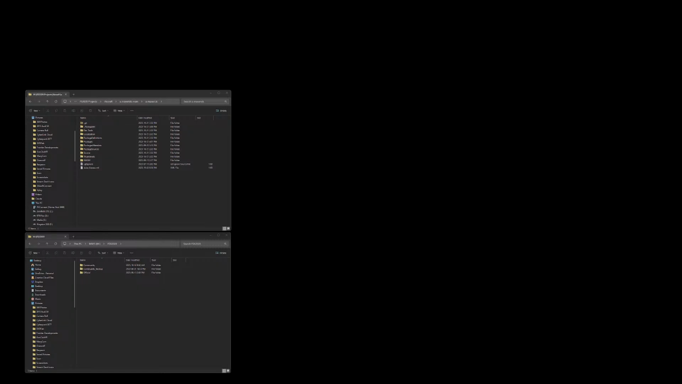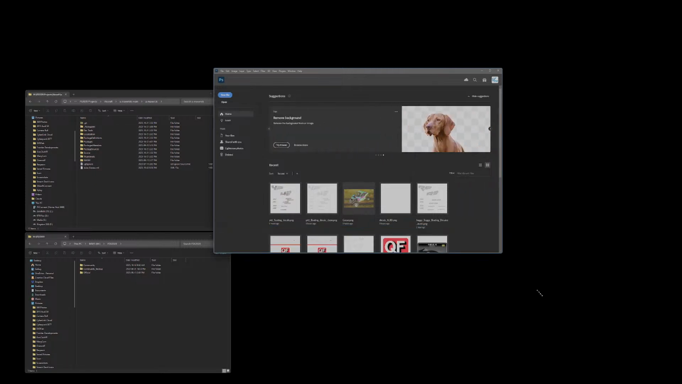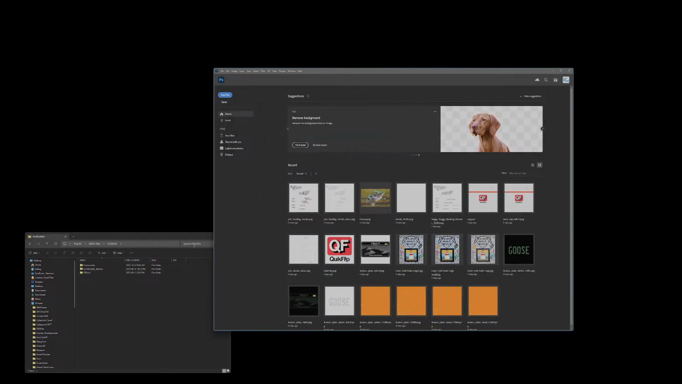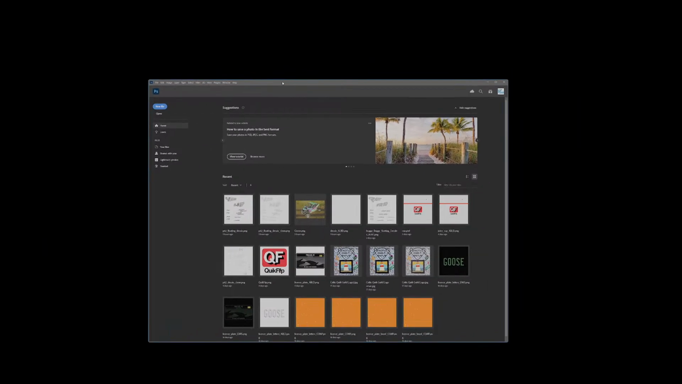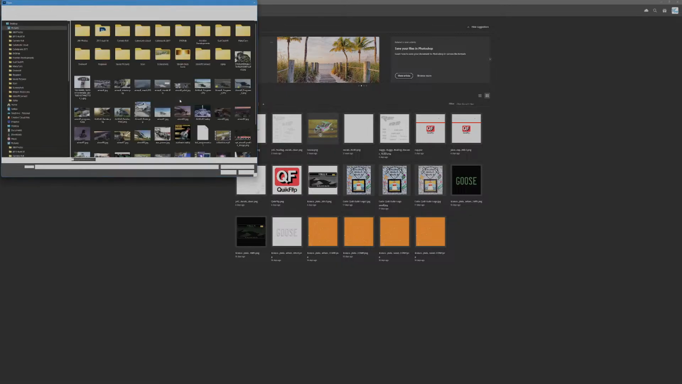I'm going to get my Photoshop open here. Hopefully you guys can see. Minimize these two folders because we don't need it. And what I'm going to do here is open up